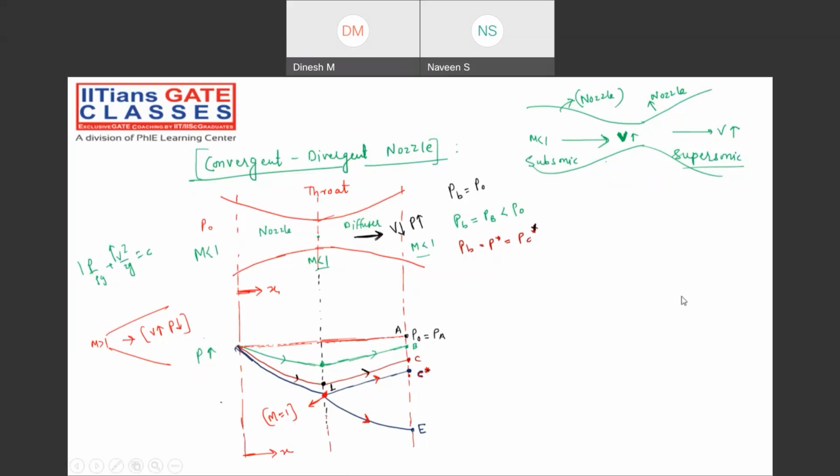To understand those things, suppose, my dear friend, you are maintaining your back pressure in between point C dash and point E. Suppose you maintain the back pressure exactly at point C dash, C star, you will be getting subsonic flow. But suppose you maintain the design pressure at PE, you will be getting supersonic flow. There is no doubt about it. Understanding my point? It corresponds to supersonic flow